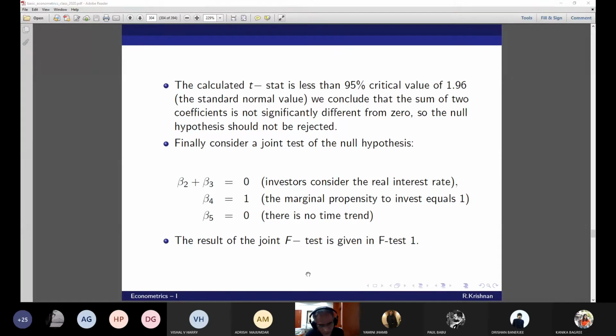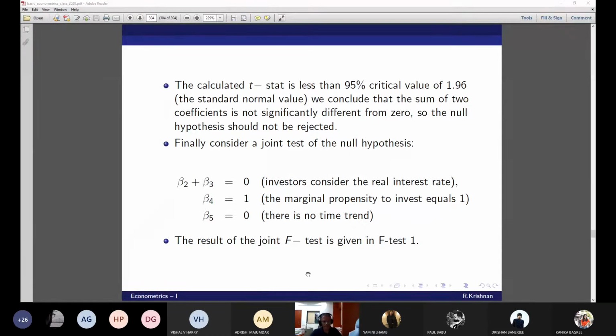Okay, the hypothesized value is 0. But if your hypothesized value is 1, you have to calculate the T stat. Do you get my point? Yes, sir. I'm saying for the beta 5, the next one that you asked, that is given straight away there. Minus 3.803. Am I right? Yes. Minus 3.803. That is given always.